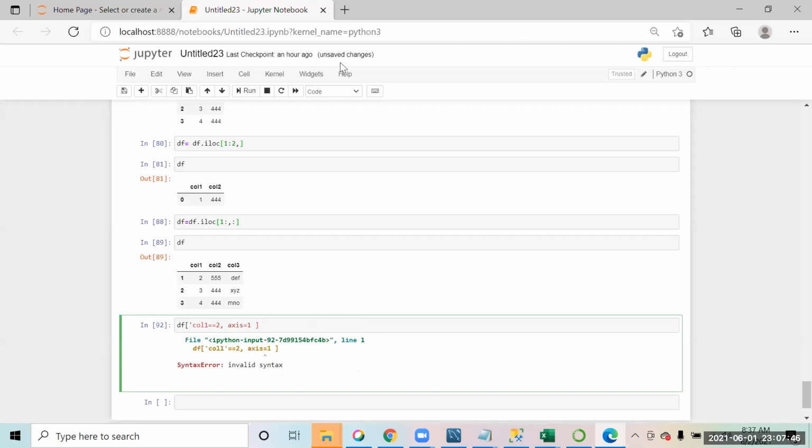Column 1 double equal to 2. Yes, we use double equal to.